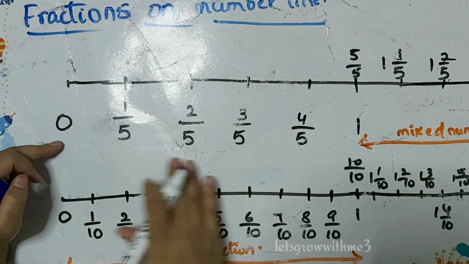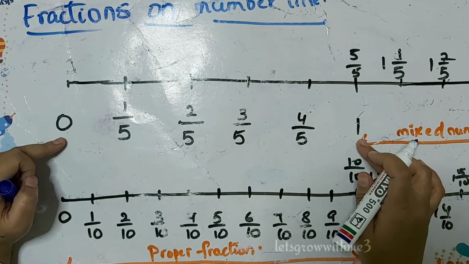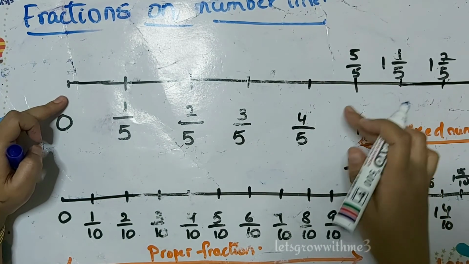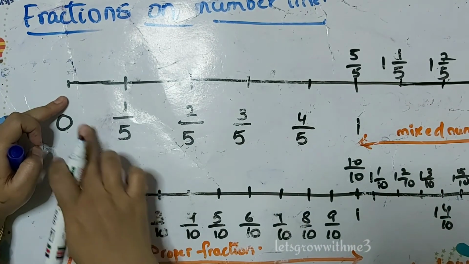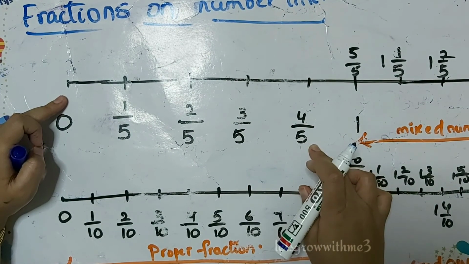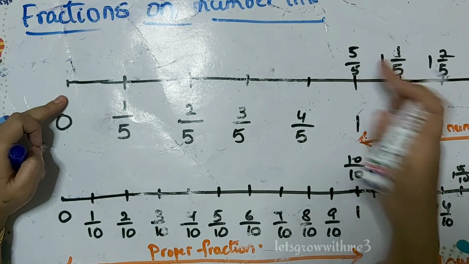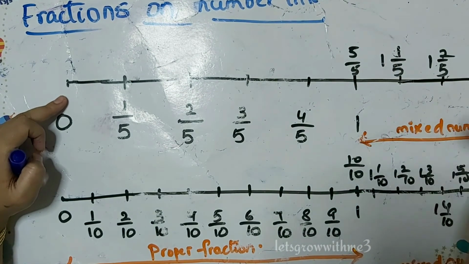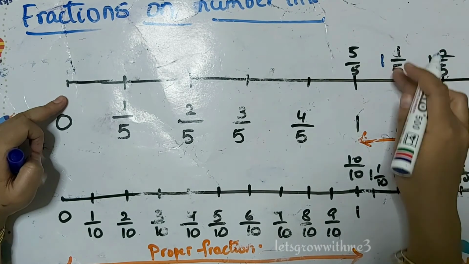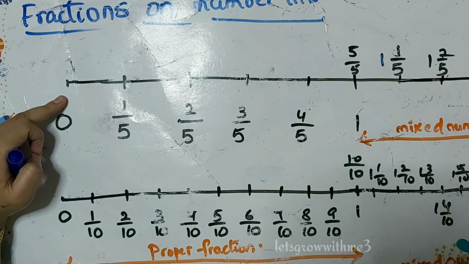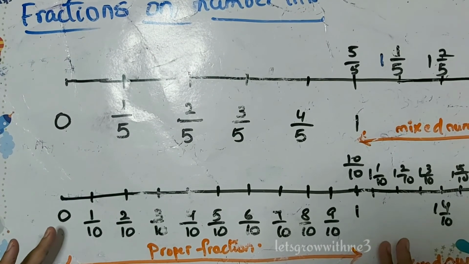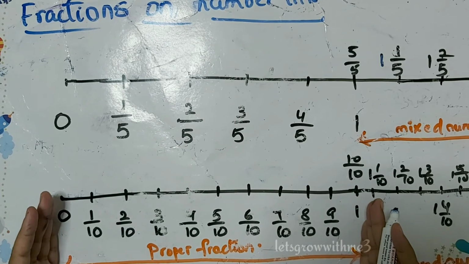So see here, and the first value is 1 over 5, meaning out of 5 parts this is the first part. So next one is 2 over 5. Next one is 3 over 5. Next one is 4 over 5. And the next one is 5 over 5. So what do you mean by 5 over 5? Which is 1. And for the remaining we have mixed numbers. So the next value is 1 whole number, and out of 5 parts again 1 part, 2 parts, 3 parts, 4 parts, and so on. Again in the fifth part we will get 2, because 1 whole number, 1 plus 1, which is 2.